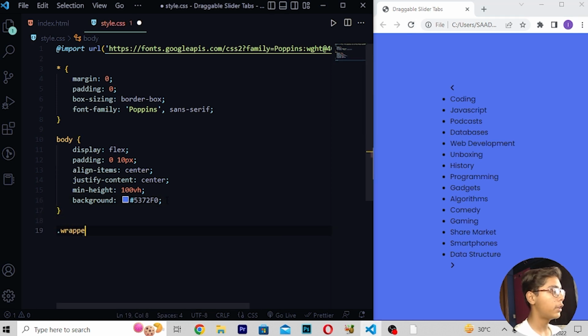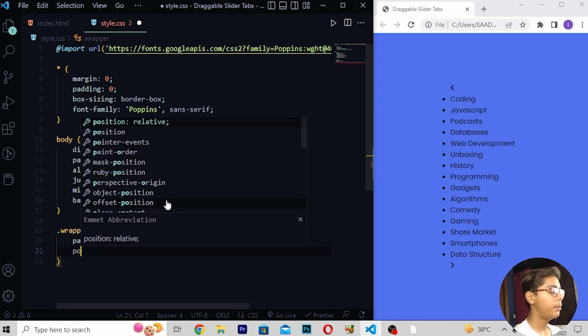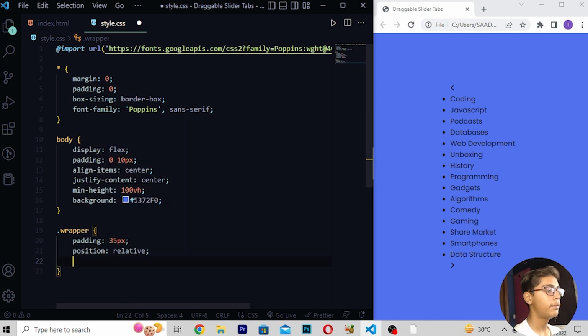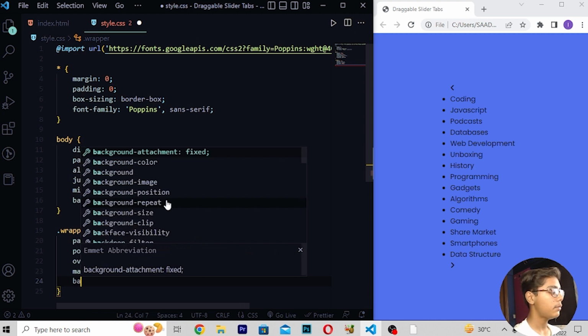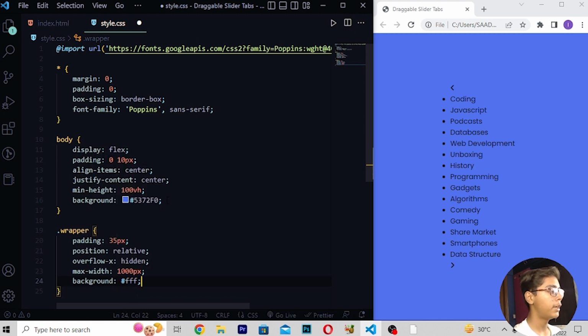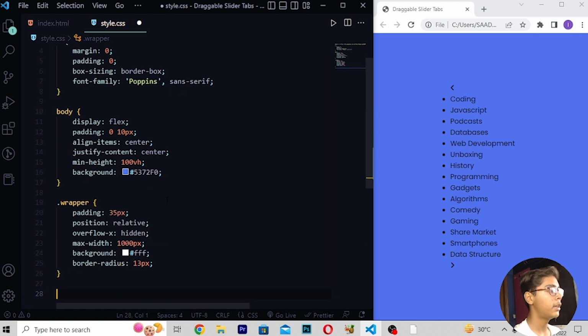Now move down, right here dot wrapper padding 35 pixel. Then I'll be writing here position relative. Then write overflow X which should be hidden. Then I'll be writing max width which should be like 1000 pixel. Then I'll be moving down, right here border. So right here background which should be white. Then right here border radius which should be 13 pixel. Then move down, and after moving down, here I will be now just writing a tag which should be like